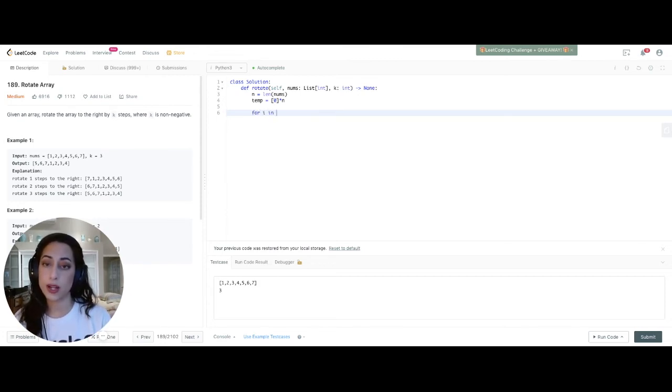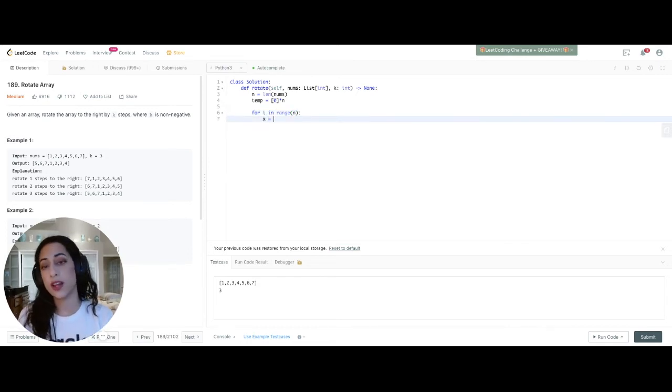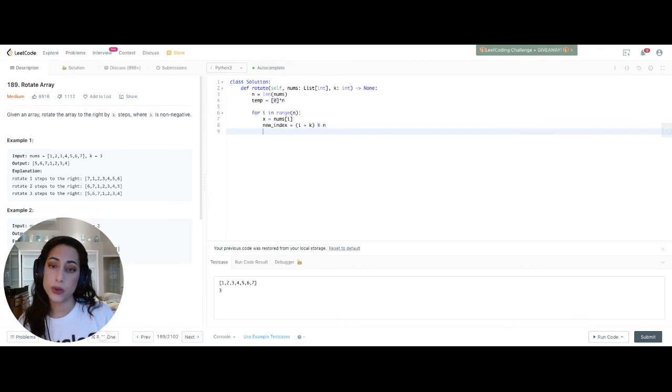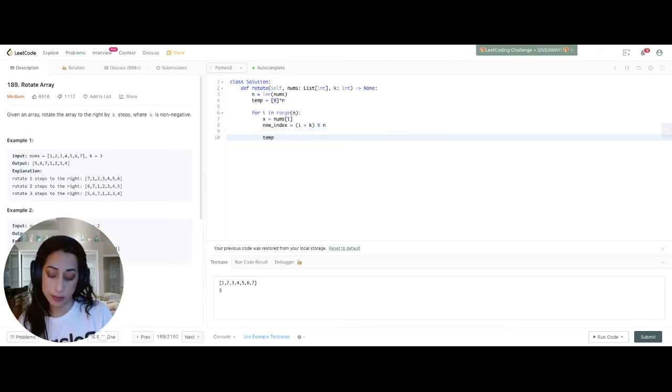So then we're going to say for i in range n, let's set the value equal to a variable. So let's say x equals nums[i]. Okay, and then we need to figure out that new index. So let's say new index is going to equal i plus k, but then we're going to modulus n. Okay, so now we have our new index, and now we can just go ahead and say temp[new index]